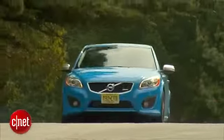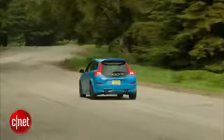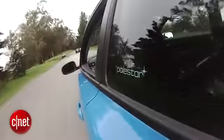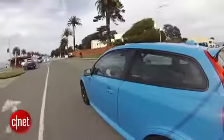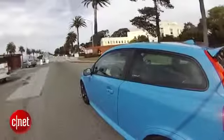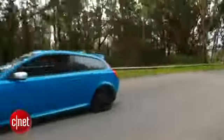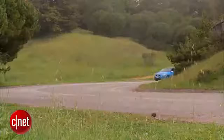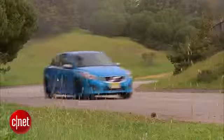Now to the performance. It's a nice handling little car because it's got a sport suspension. That's part of R-Spec, or R-Design. It's also got the Polestar package, which really brings on a lot of creamy, ready torque. It's a fun little motor to rev, very little turbo lag in this guy, and yet the ride quality remains quite nice. It's not excessively harsh, even over crappy pavement like I'm driving on right now. And overall, it's a nice handling car. It's got a light yet planted feel. Doesn't feel terribly heavy, doesn't feel like it's flimsy. It's a pleasant car to drive if I could just get comfortable, but I can't because this thing is so...